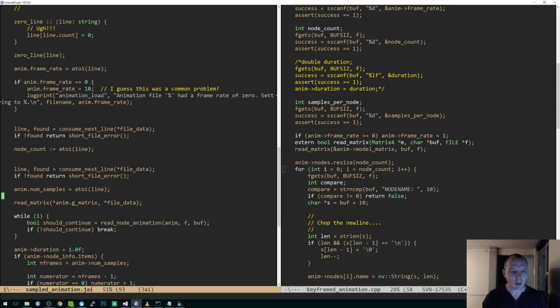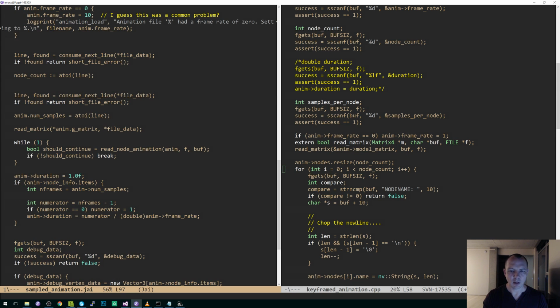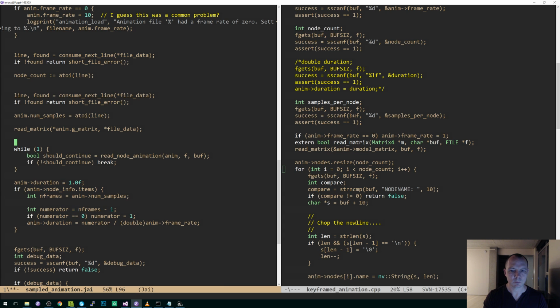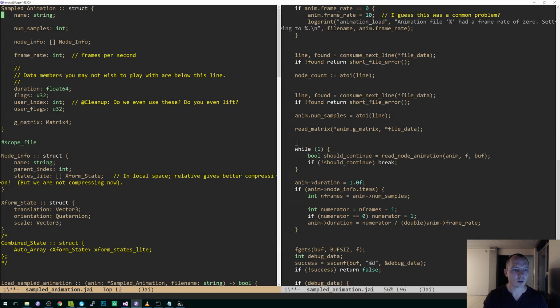And then we read a matrix. And then we, what is nodes? Node info. Right, so we're going to say node info is,